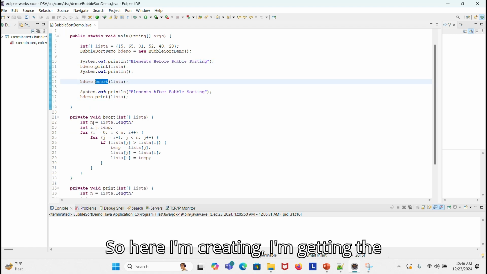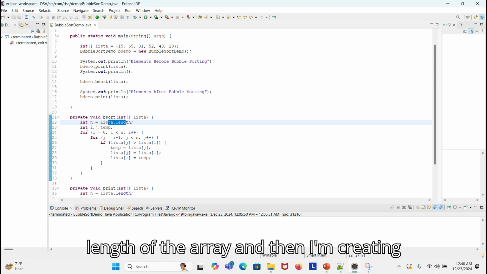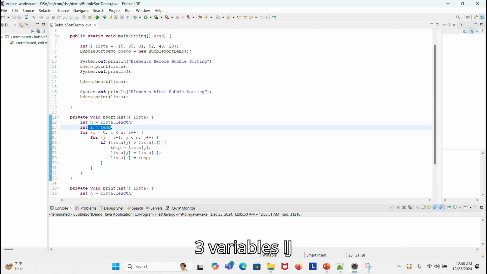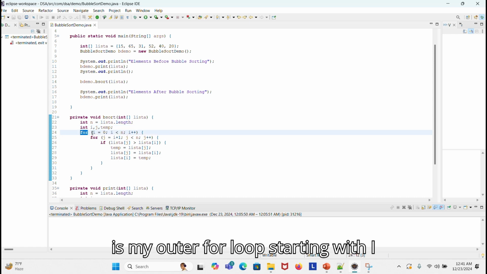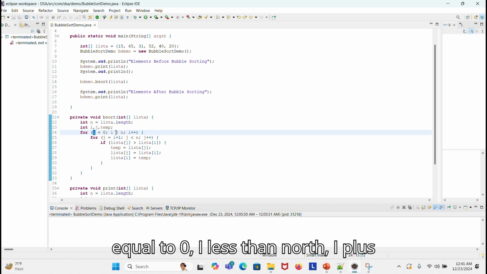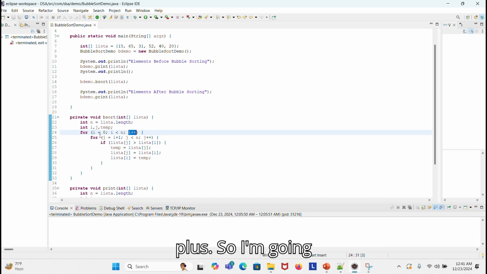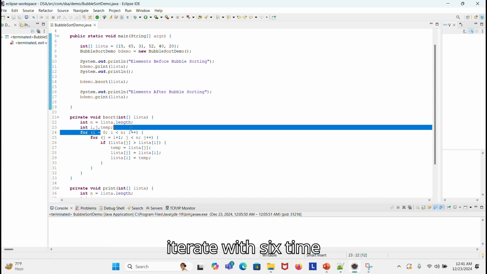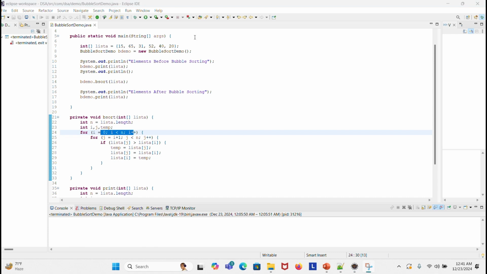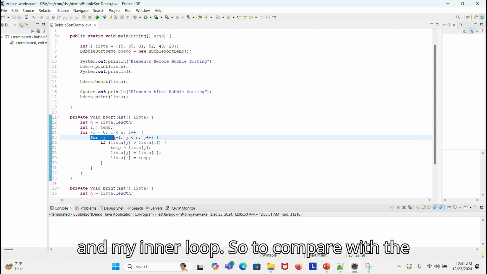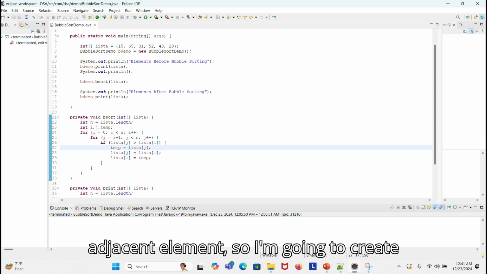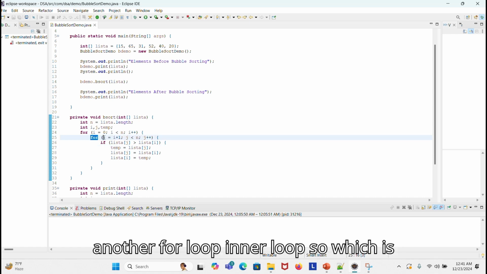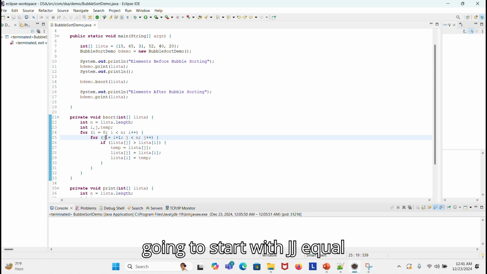So here I'm getting the length of the array, and then I'm creating three variables: I, j, and temp. So this is my outer for loop, starting with I equal to 0, I less than n, I plus plus. Since it has 6 elements, I'm going to iterate 6 times. And my inner loop, to compare with the adjacent element, I'm going to create another for loop, the inner loop,